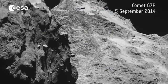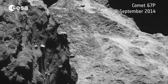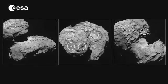Since going into orbit around the comet in August, 5 potential landing sites have been identified for a comet whose appearance resembles a space duck. The shape of the comet is definitely a bit unexpected. I consider it at the same time fantastic. It's a unique object. On the other side, it has posed us some headaches in finding a proper landing site because of